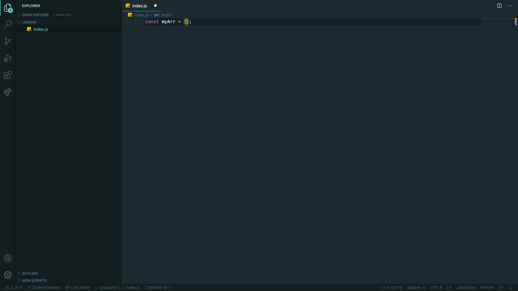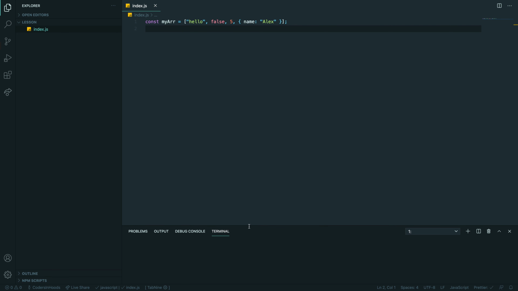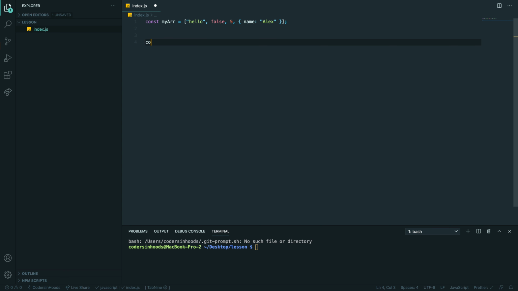This is an array. Inside our array, we can have, I don't know, a string "hello". We can have false. We can have 5. We can have an object where we will have name and Alex. And let me just open the terminal and show you an example. So I want to console log